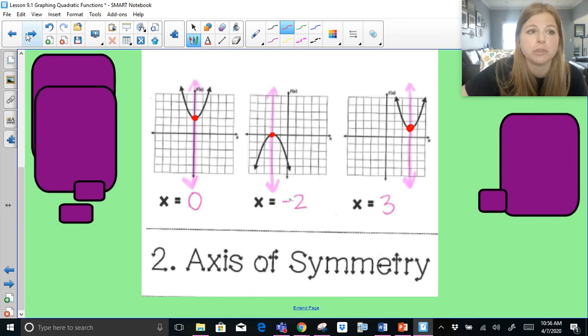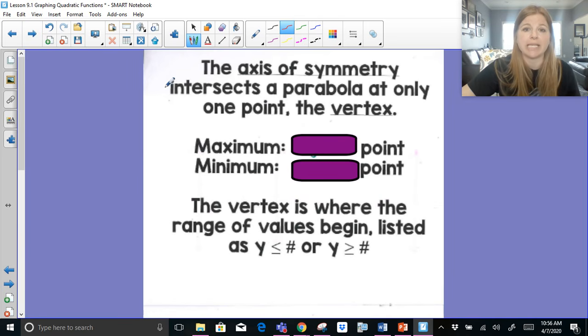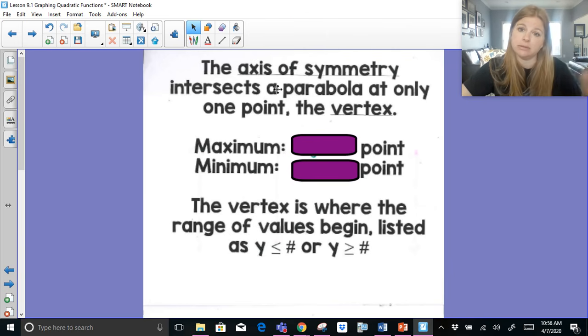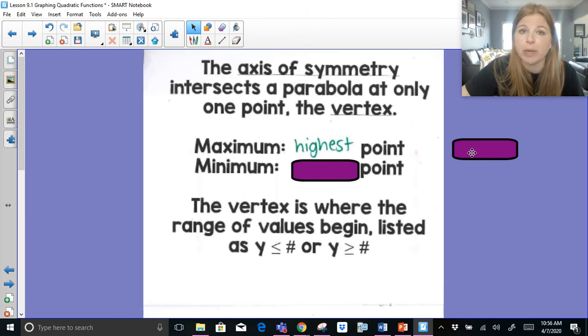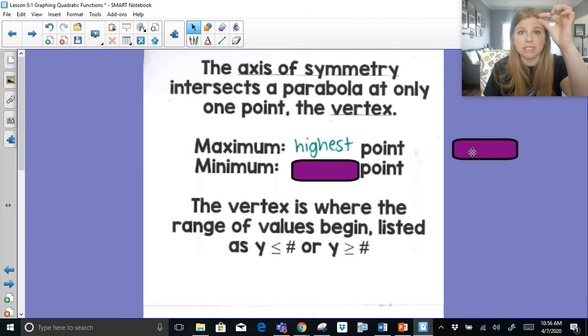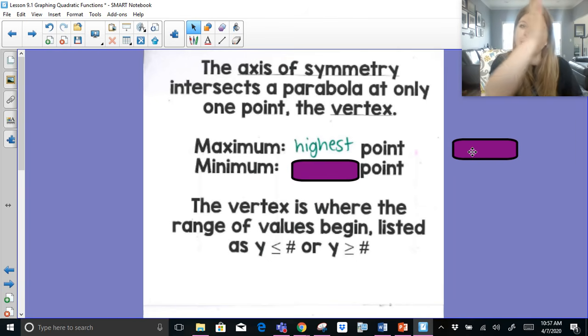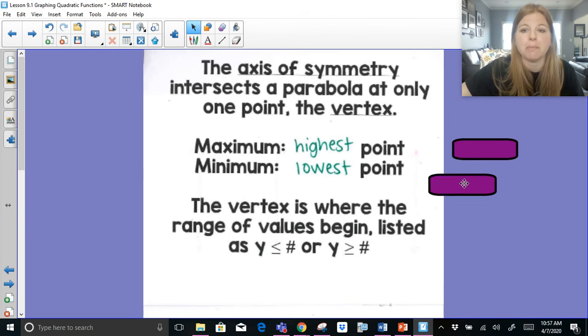Those are special points. And that brings us to our last tab. The axis of symmetry intersects a parabola at only one point, the vertex. There could be a maximum point. Okay, that's the highest point on the graph. So if I have a downward facing parabola, the point at the very top would be the maximum. If I had an upwards facing parabola, the point at the very bottom,